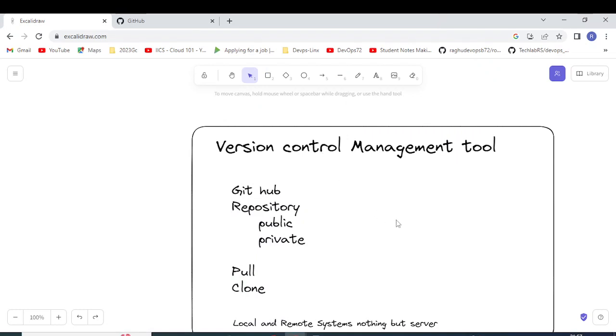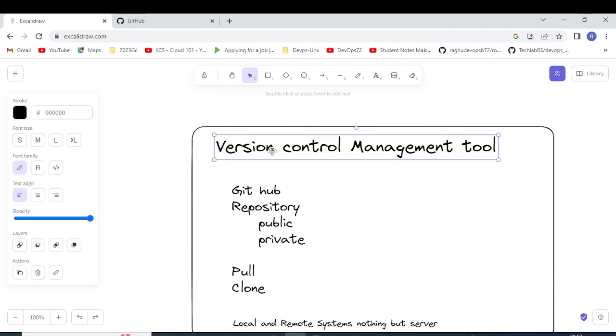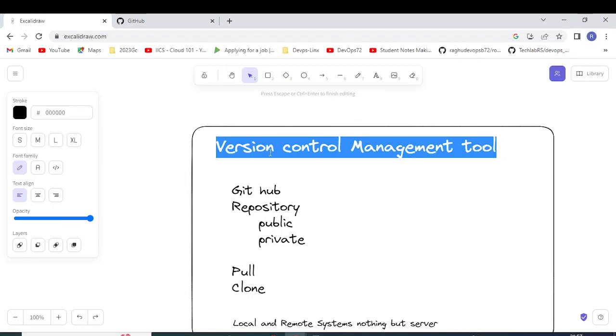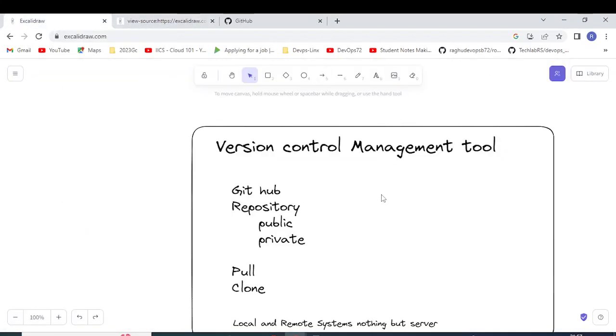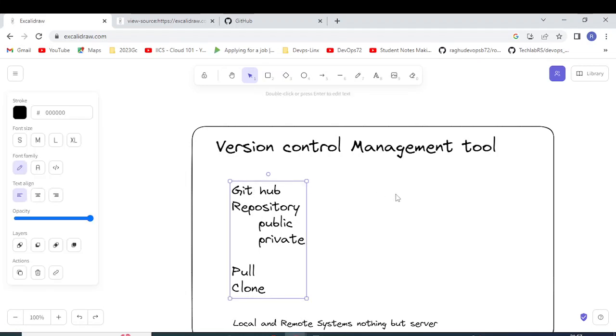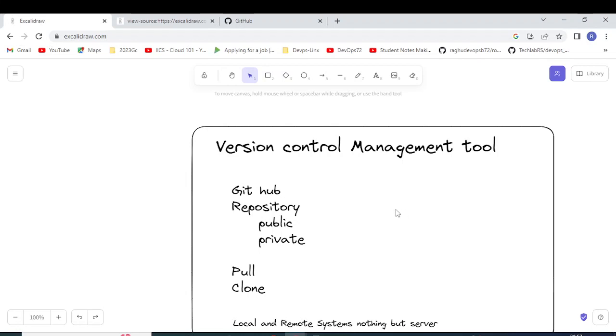Hello guys, today we are going to learn about a version control management tool, that is nothing but GitHub. All of you know about GitHub, or else you might have heard about it. It is a version control management tool, where we maintain the versions of what developers develop,